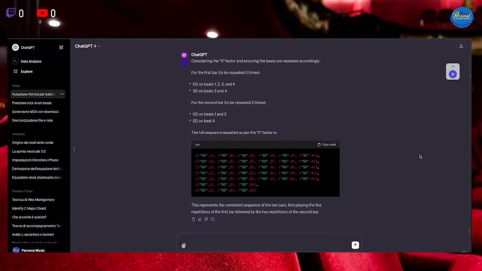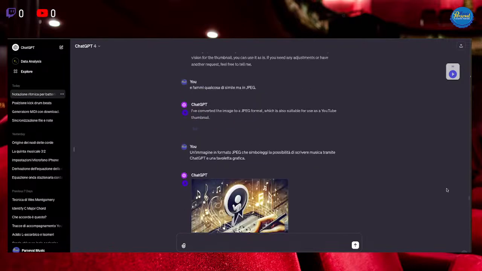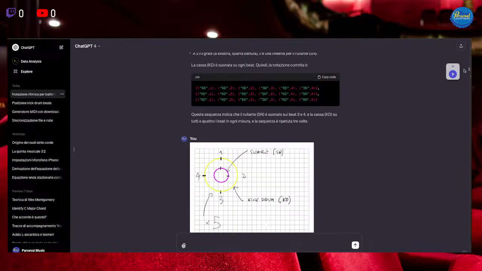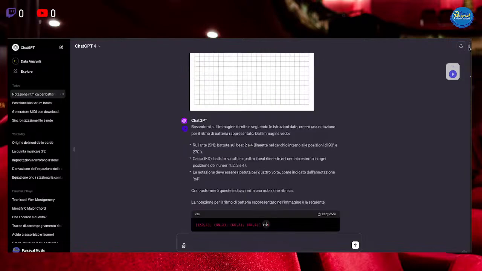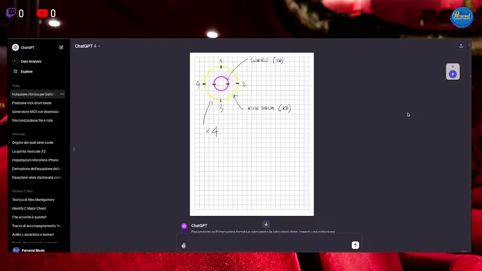I tried to upload some other kind of representation for the beat. I made some experiments. If you try to put some markers in a circle and make it identify the correct markers, it had many troubles with this.